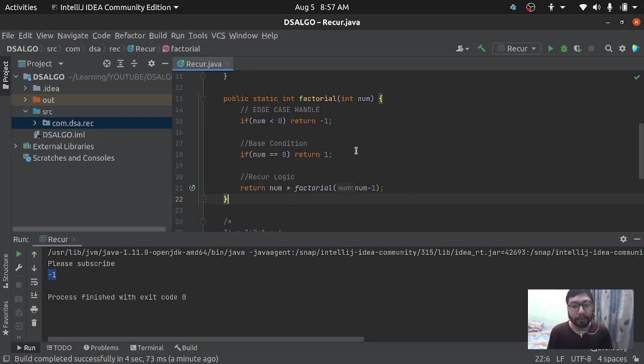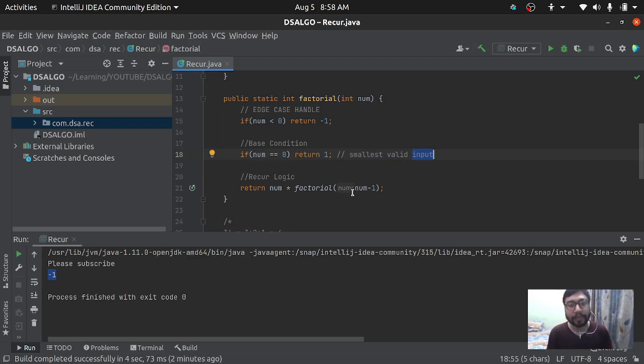Okay, now the base condition. There is another tip: the base condition will always be the smallest valid input. This is our base condition, because it is our smallest valid input, and we need to return a particular value for it, because the input cannot be smaller than this.